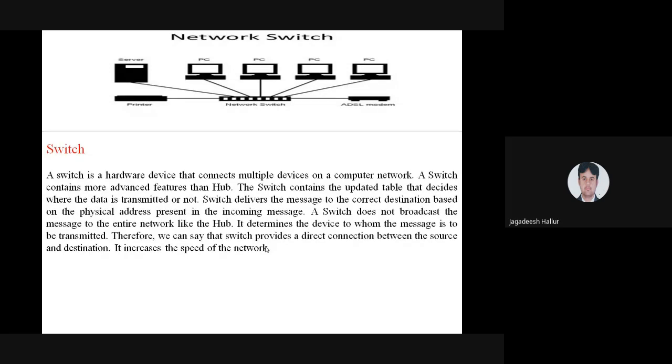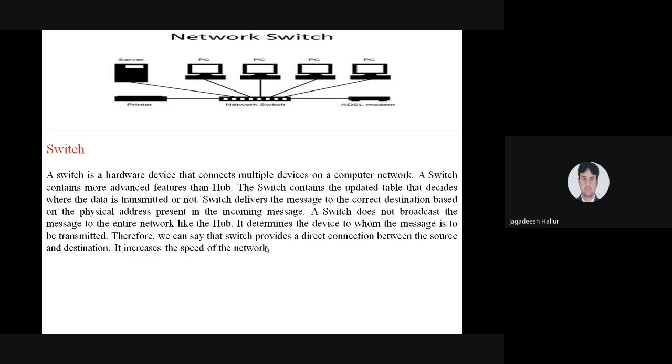Once that table has been maintained, see, one more example. We can replace PC number 4 and add a new PC over there. If you want to send data from PC1 to PC4, but the PC has been replaced, the table still holds PC number 4. The data is sent from PC number 1 to PC number 4, but there is no PC over there. You have connected a new PC.